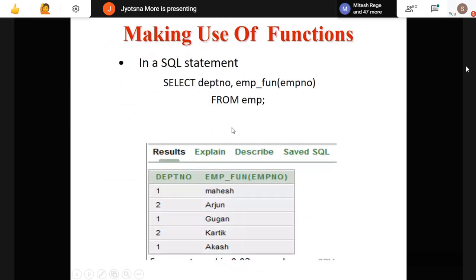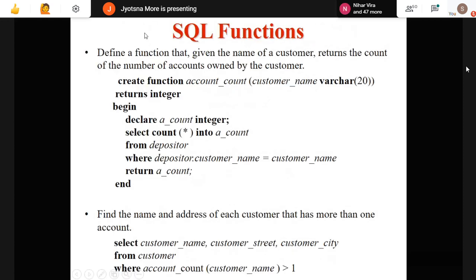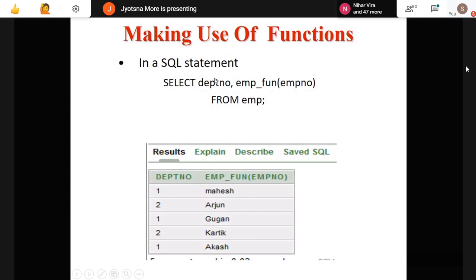Now here I have written: select department number, employee function, EMPNO from EMP. So I am selecting the department number, which I get from our table, which we are going to create, and in experiment number 4 we are going to add values. Then employee function; this is the function which I have created.